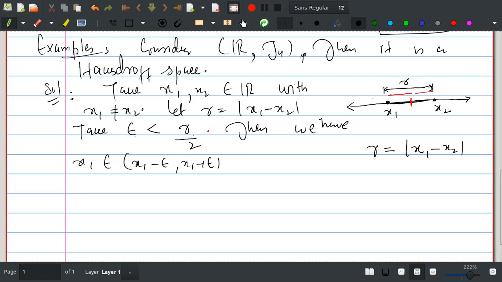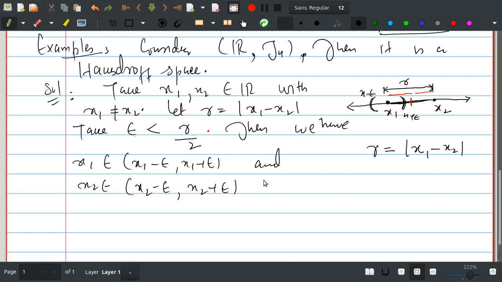So we have this open interval here, this is x minus epsilon, this is x plus epsilon, and we have x2 in the interval x2 minus epsilon and x2 plus epsilon, such that if we look at the intersection of these open intervals,